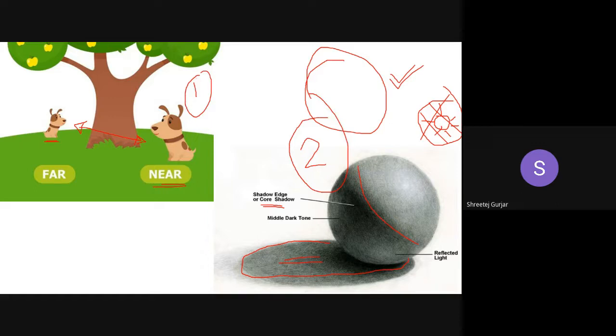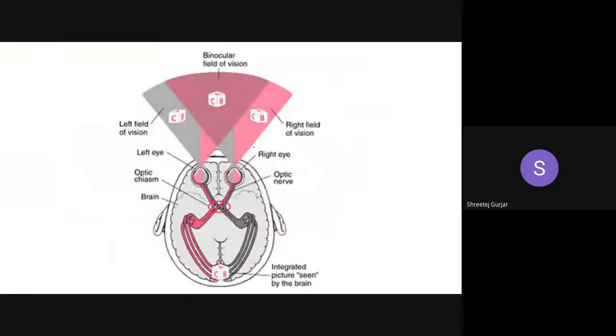Okay. Coming to the third reason, that is because when you have two set of eyes viewing the same thing, right? So you can see here we have an object which is placed over here, and this is the eye, first left eye, which will see the object in this particular format, and your right eye will see in this particular format. So what your brain will do is it will combine these two images and will form a single image in your brain like this, right? So this will give you the perception of depth, right?